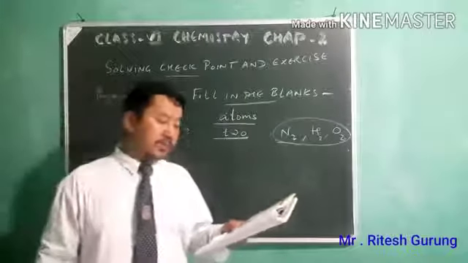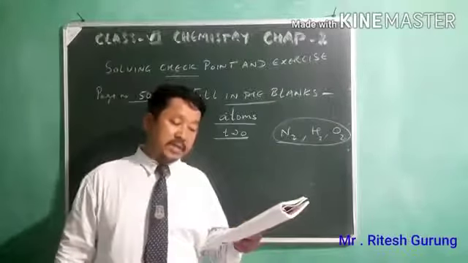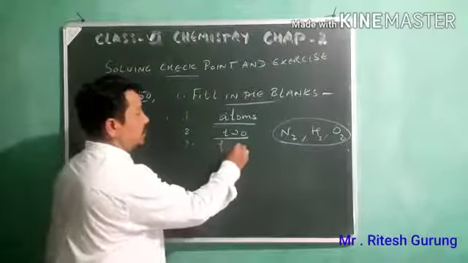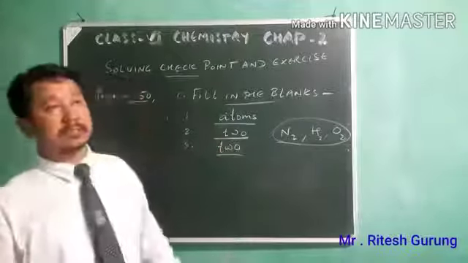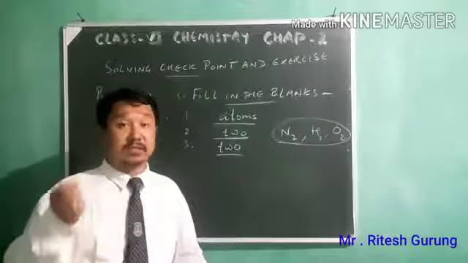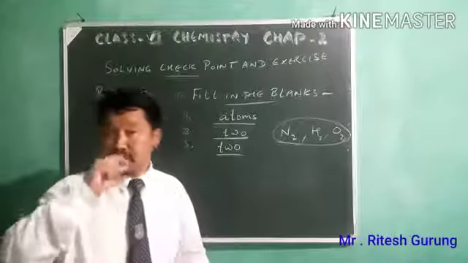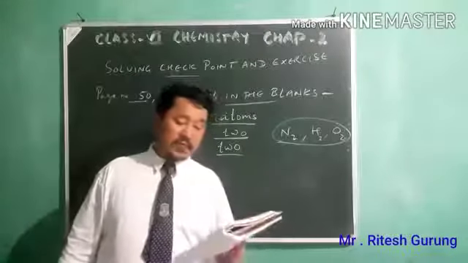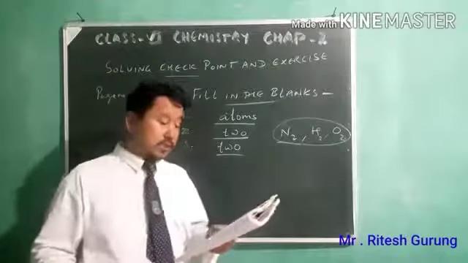Number 3, a compound is formed by the combination of at least how many elements? At least 2 elements. In some cases 2, in some cases 3, in some cases 4, but not less than 2. Minimum 2 different elements will be there in the formation of a compound. Then number 4,